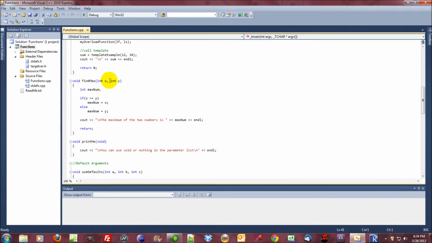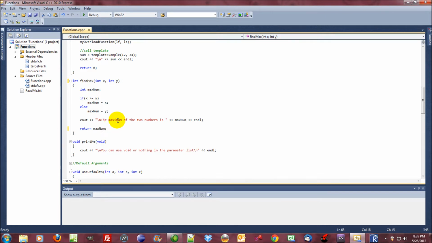This function has a declaration right here and the body of the code. What it does is it takes in two parameters. Now in the header of this function, you notice that we have a void, find max, and two integers. Let me explain what this is. The void represents the return type. If you want to return something back to main when it's called, you would have the type right here. For instance, we have void here, so we're not returning anything. If I had int right here, then I would have to return some kind of integer value,